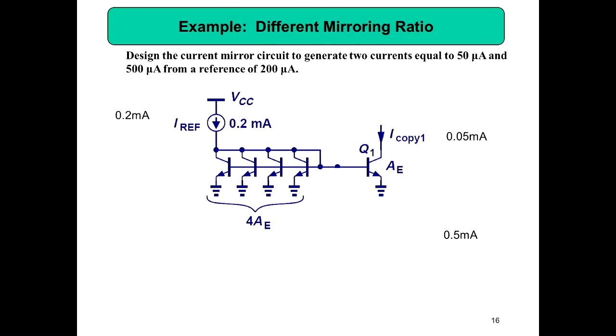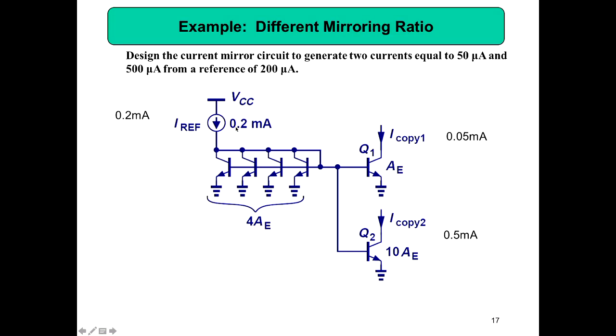So we already studied the relationship between 0.2 milliamps and 50 microamps. What is the relationship? 1 by 4th. So if you connect 4 transistors in parallel, maybe you don't have to draw 4 times, rather you just write 4 times AE, like here. Then what will happen is 0.2 milliamps is coming, and then it is splitting equally into 4 because the transistors are identical,